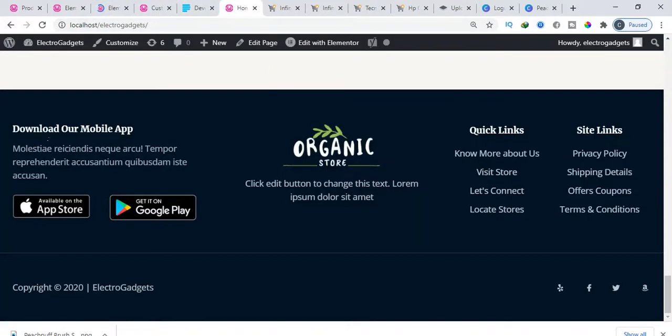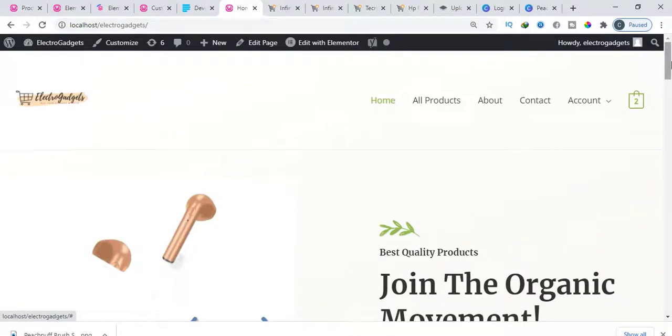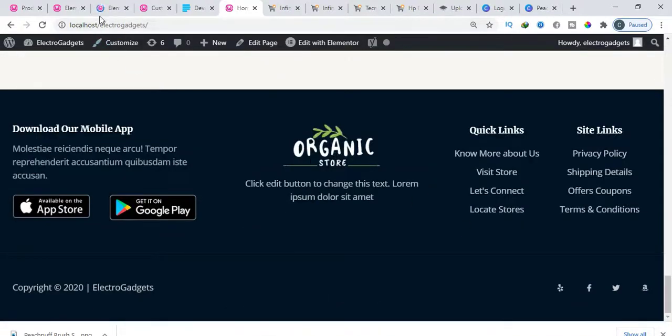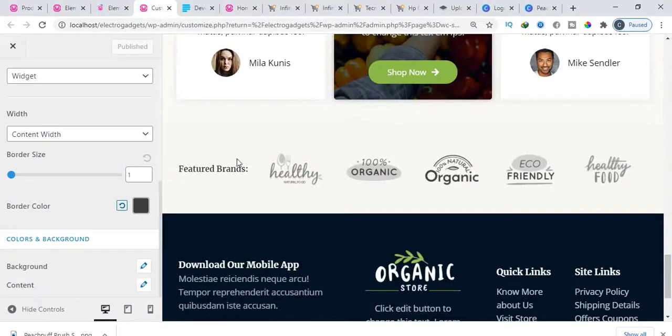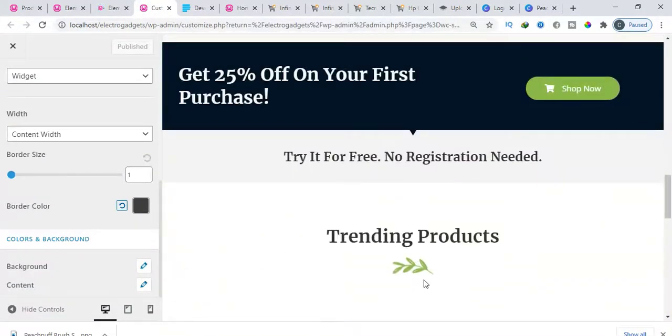So you can change the text, this text that we have on our site. You can change this. You can include links. If the guy has, or the client, they have a Google Play Store, or if they have Facebook, Twitter handlers, you can change even also this logo. Notice that we changed the logo at the header. So as the footer here, we also need to make those changes. And also the featured brands here, we are going to use the Elementor plugin to change stuff like that. Okay, and make sure you change every other details.